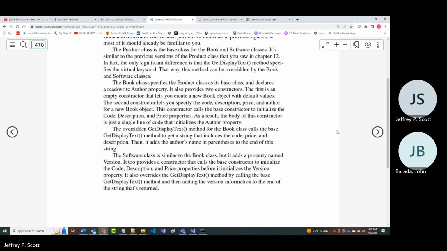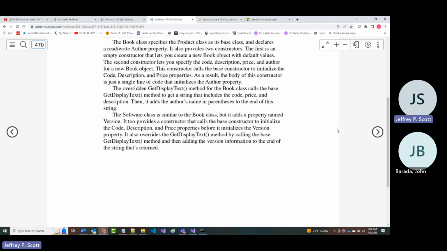The book class specifies the product class as its base class, and it declares a read-write author property. So in other words, it's a property with a getter and a setter. It also provides two constructors. The first is an empty one that will take the code and set it to the empty string.